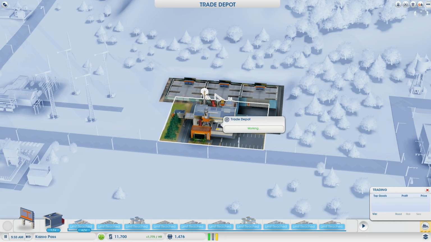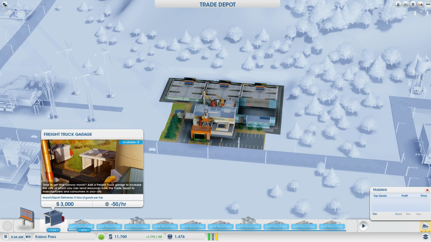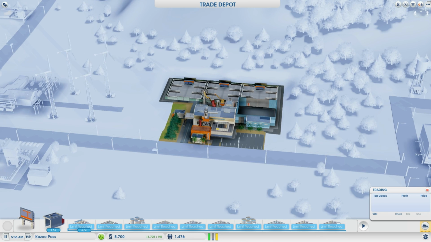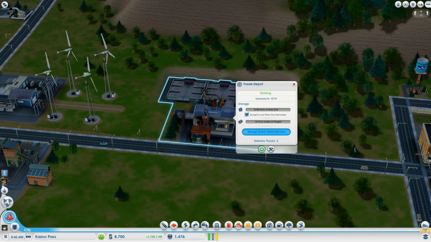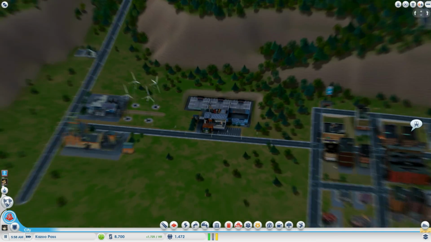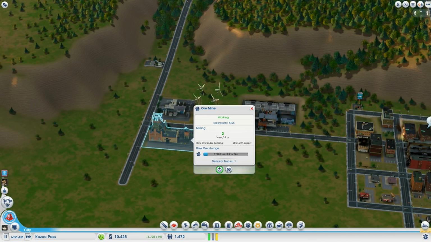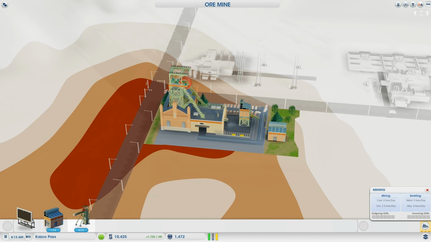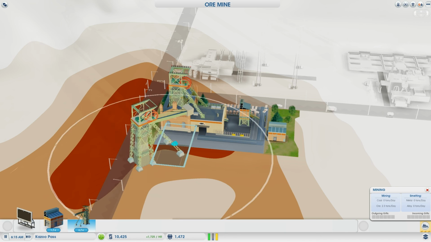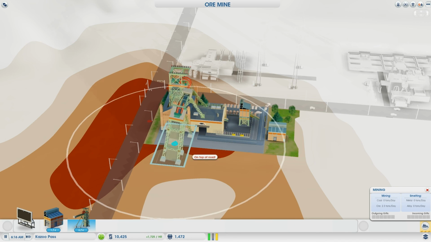Yes, we did have enough money to do that. I think I will add one extra truck here. While we're done with that, we will set this to export. And then once we have enough money, I'm going to expand this. It's going to cost 16,000. I'm going to add one, the best...